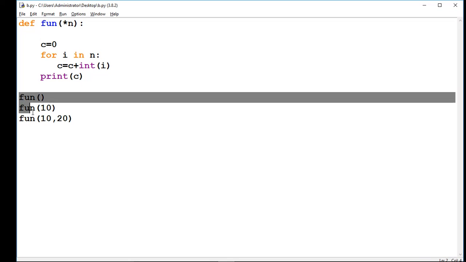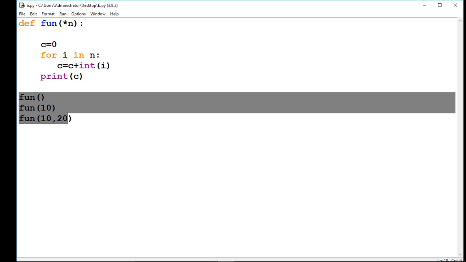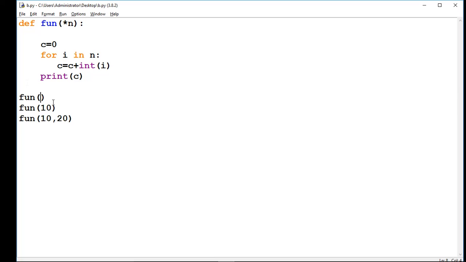These three functions are calling the same definition of sum. In the first, 0 arguments, in the second 1 argument, and in the third 2 arguments I have passed. But in the function definition only one parameter is here with an asterisk sign. What will happen in this case? Actually these arguments will be passed as a tuple. The type of these values will be tuple.